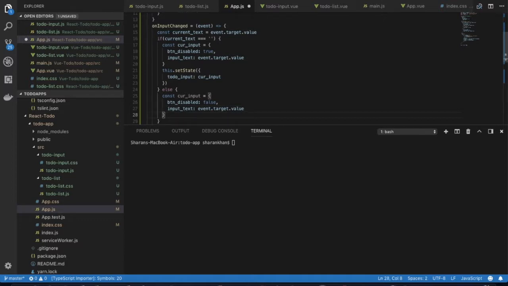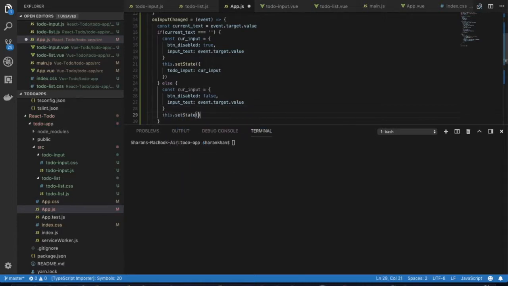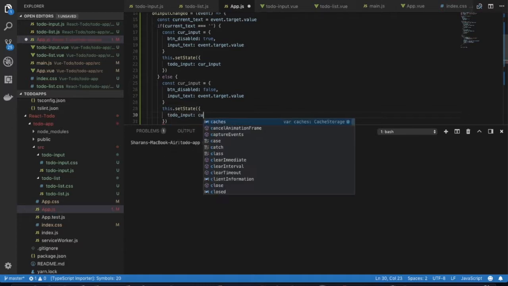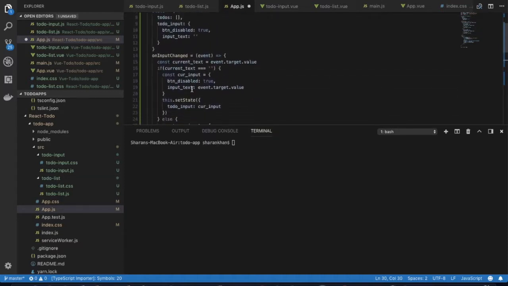And what we did is made another object. For example, if it's empty, the button should be disabled. And if it's not empty, the button should not be disabled. The input inside it shouldn't be disabled, right? So this.setState, and let's just change the state of todoInput to currentInput. Right, so this was our logic for